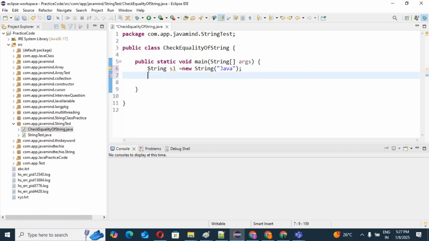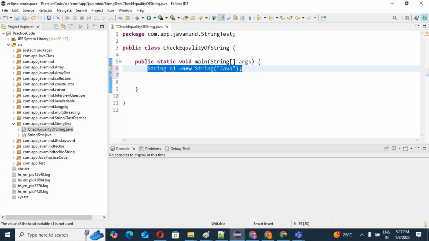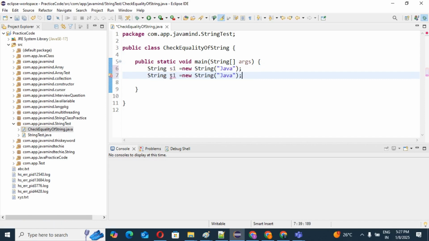Okay, and one more object I am going to create here, but the reference name of this object is different, s2. Then I am going to compare with the help of the double equal operator. So System.out, s1 == s2.